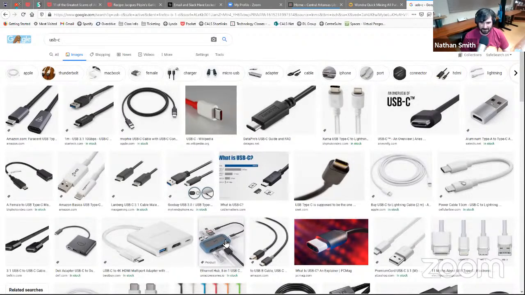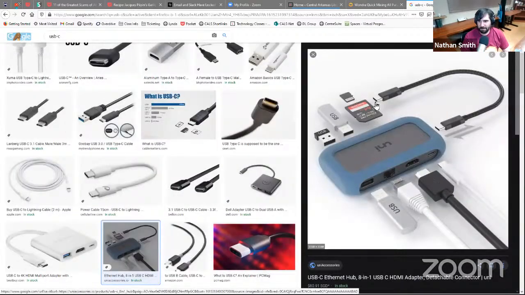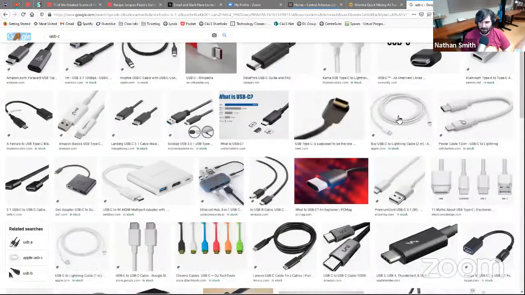You can get a hub like this, for example, that you plug the USB-C cable into the computer, you plug this end into the hub, and then from there you can plug in another USB-C, which probably provides power, an HDMI cable, which we'll talk about in a minute, Ethernet, like we talked about earlier, a few more regular USB devices, and even an SD card, so that from your camera, things like that.